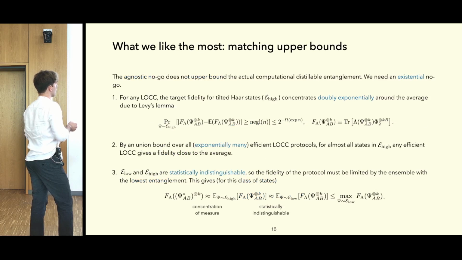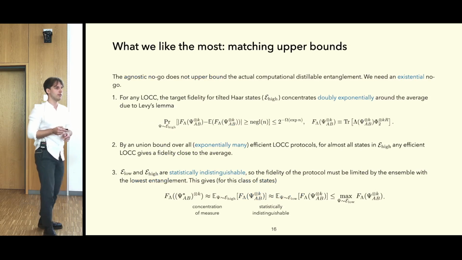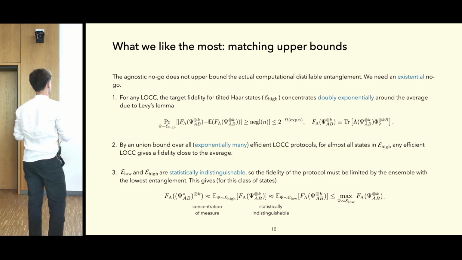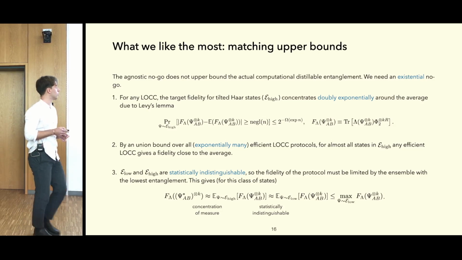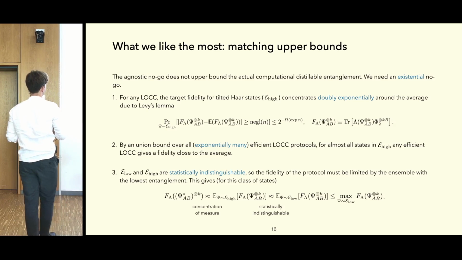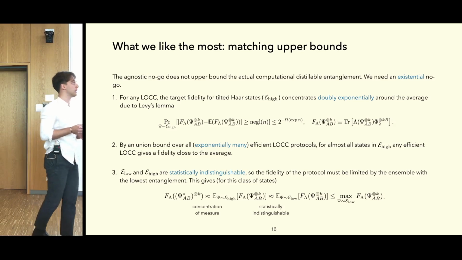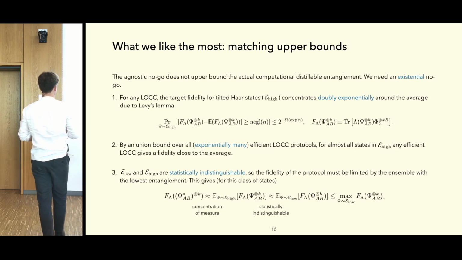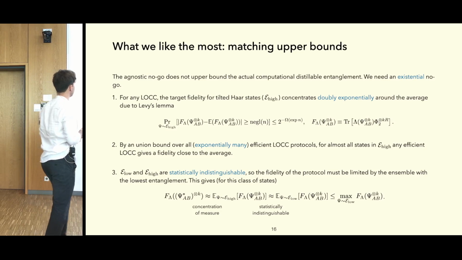So we can prove that this optimal bound is optimal even if the protocol is arbitrary and computationally efficient. The proof is based on a concentration bound. So we look again at the two ensembles from before, the E_I and the E_LO ensemble, which remember are essentially formed by tilted random states or tilted random subsystem states. And if we look at the high entanglement ensemble, we can essentially use Levy's lemma to